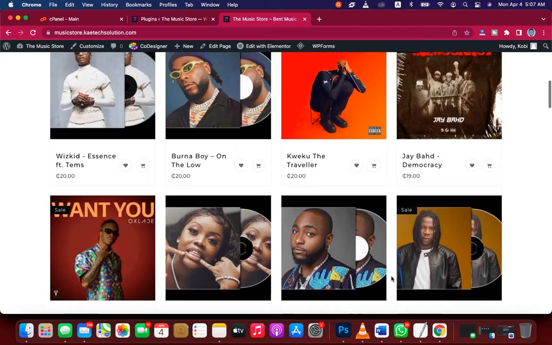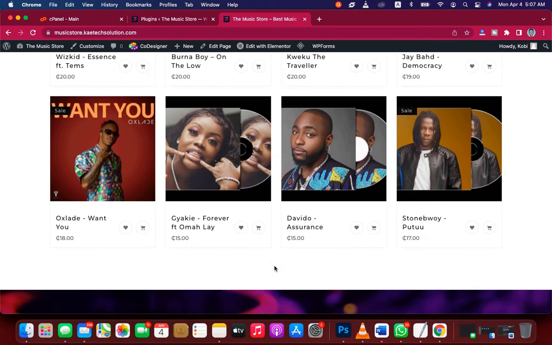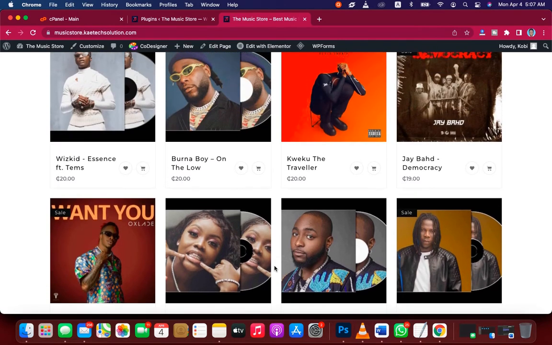As you see over here, a well designed product cart, which has the add to wish list button over here, and also the add to cart button over here. It is very nicely, professionally designed. I'll show you how you can get all this. You can use this for your normal e-commerce website, but we are using it for our